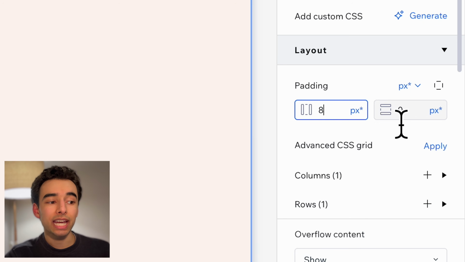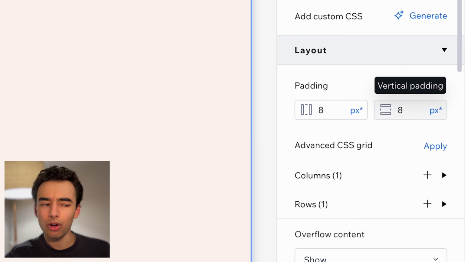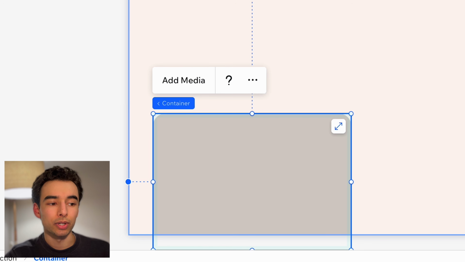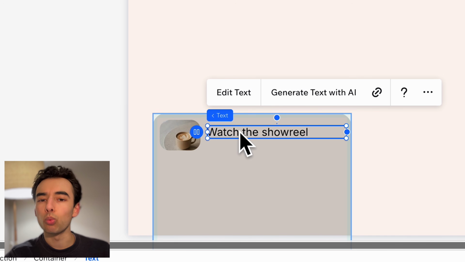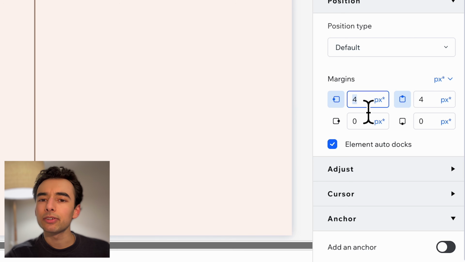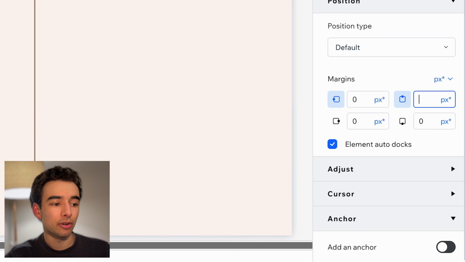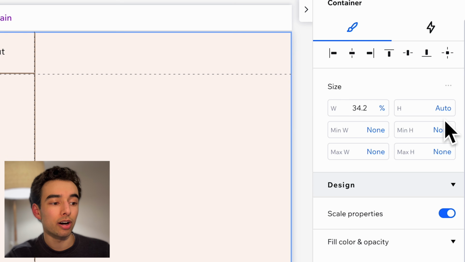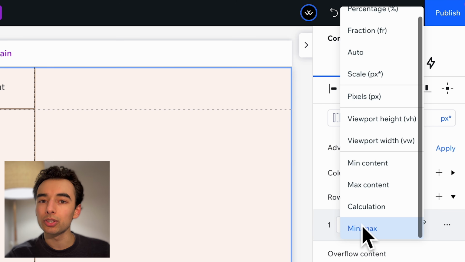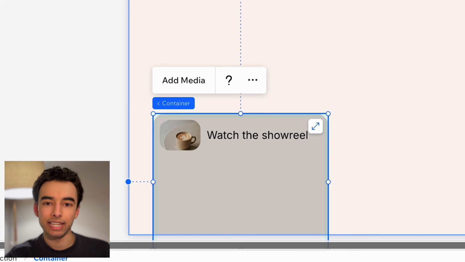In this container, I'm going to add in padding of 8 pixels all around, then round out the corners. Drop in an image and some text to watch the show reel. Stacking that together, let's adjust those margins down to 0 before reducing the width of the container, setting the height here up to auto, and then down in rows also auto to shrink that container down to the height of the content. And that's our left side pretty much all built out,